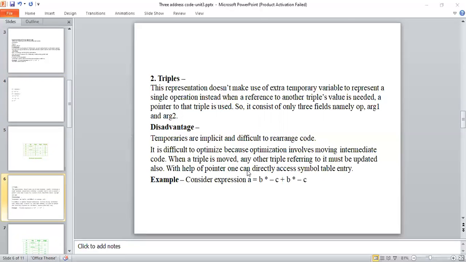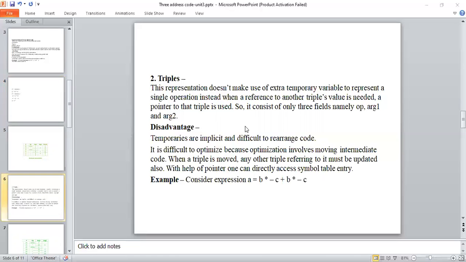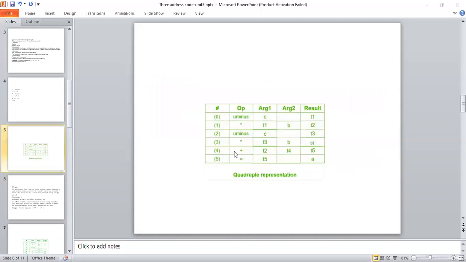It doesn't contain any result column, because observe that in quadruples we have a result column, and this result column consists of only temporary variables. Triples don't consist of any temporary variables directly, which hold the argument 1, argument 2, and operator. Now, what is the drawback of quadruples?